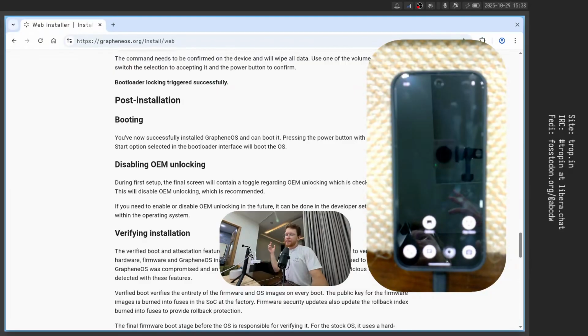And if you are interested in exploring GrapheneOS with me, making the usage of the phone more privacy and attention friendly, taking the freedom and getting control of the device,